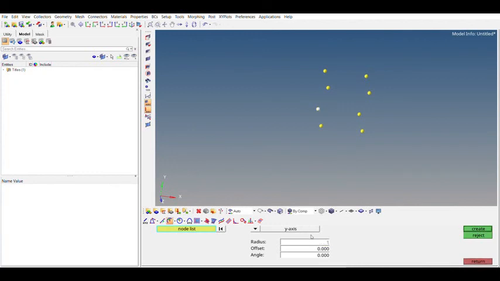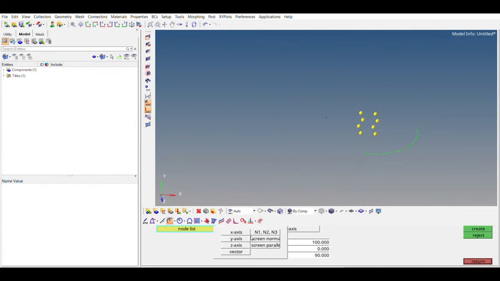Now I'll provide a radius of 100 mm and an angle of 90 degrees, because that is what we need for the 1/8 part of a sphere. This looks okay. Now for the z-axis, I will create the same here, and let's see what happens.